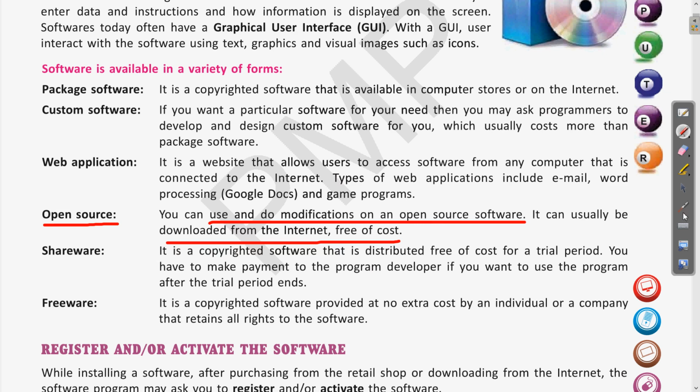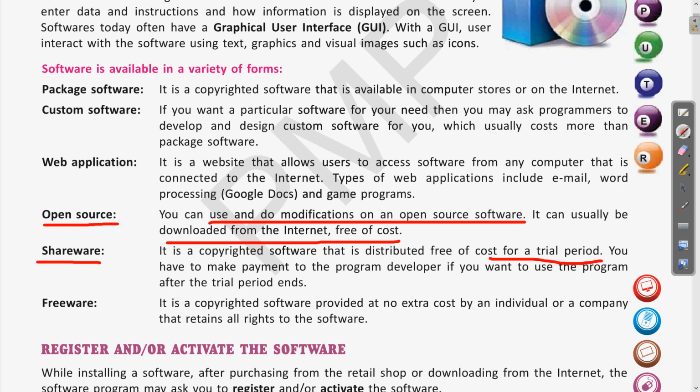Next is shareware. So what is shareware? The copyrighted software that is distributed free of cost for a trial period. Clear? So basically shareware is for sharing, and when these software are provided, they will be free for only a trial period.